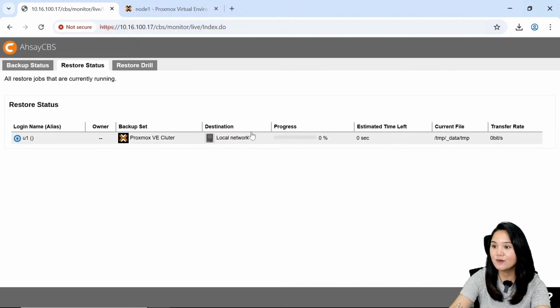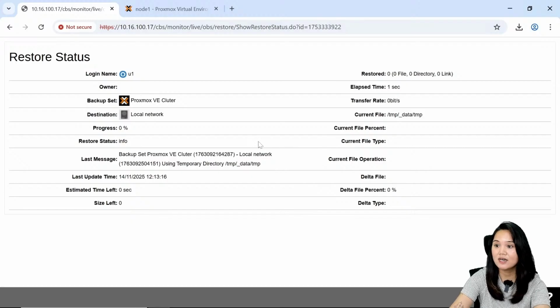Okay, now that we can see the job progress, while waiting, let's click on the restore job to get a closer look. So this detailed view shows the progress of the restore process. So it might take a moment for the details to load. So that's totally normal. So while we're waiting, just note that the panel is where you'll find real-time status of your restore job progress. So instead of guessing where the restore is at, you can come here and check the